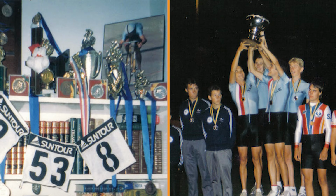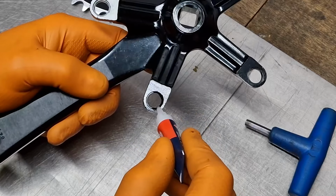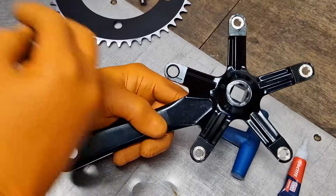As a teenager in Australia, I was a bit of a superstar at track racing. Often I'd have to change ratios in under 5 to 10 minutes in between different types of races. As you can imagine, I've become quite the dab hand at changing chainrings fast. One of the tricks of doing this with a single chainring is gluing the back of the chainring bolts into